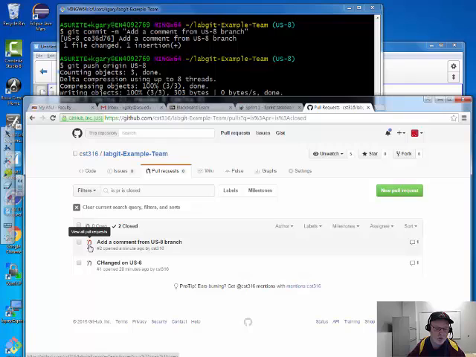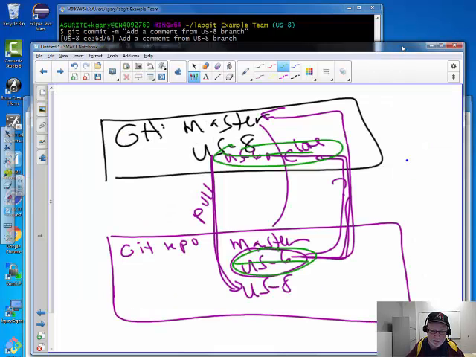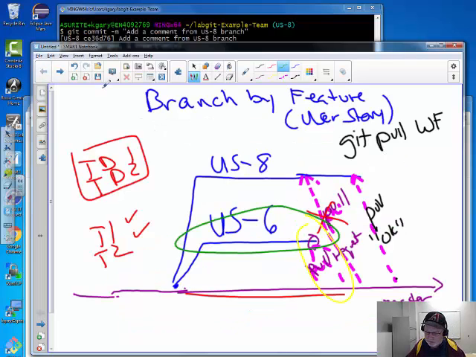All right, so the pull request did not happen. The merge did not happen. And so user story 8 is still out there. So that scenario that we just did is, again, going back to my messy diagram, this first one that I was talking about. We just tried to do something, and we said, no, we're not going to take that pull. That's not acceptable yet. You've got to up the quality policy. And so,